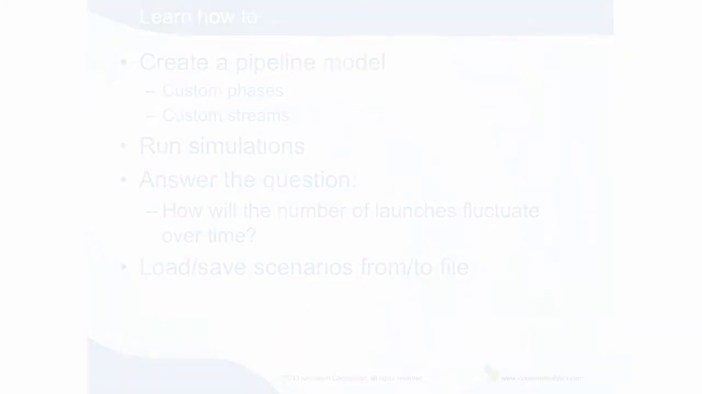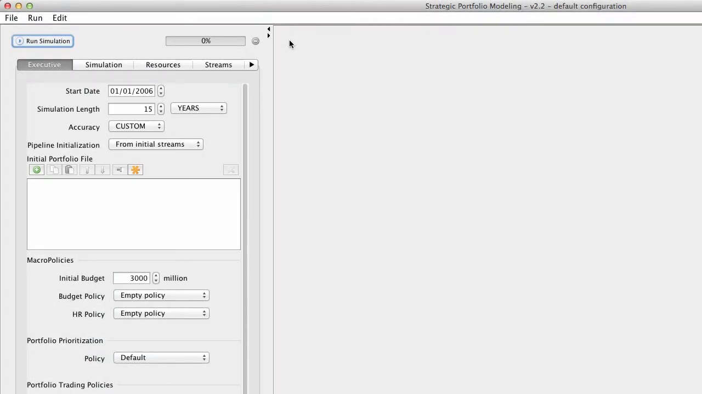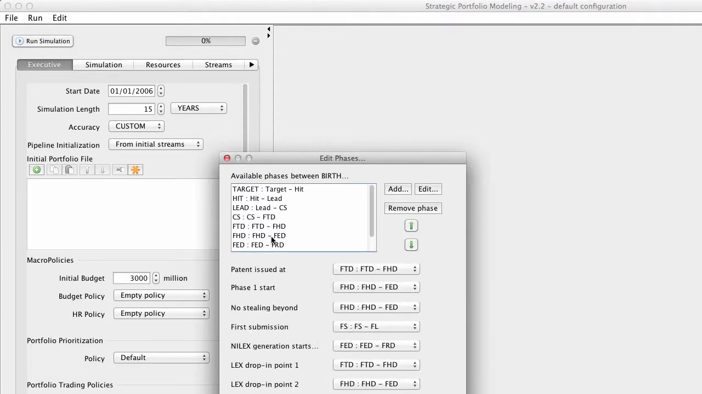Let's get started. When starting SPM, it is pre-populated with the default pipeline structure, which we can see by choosing from the Edit menu Development Phases. Specifically, we see a typical drug development pipeline defined in some amount of detail, including both preclinical, clinical, and regulatory phases. This can be customized to the specifics of your company and the study you want to perform by adding